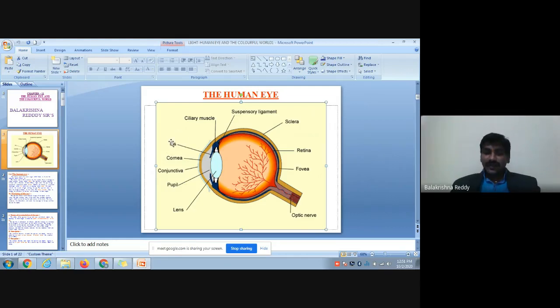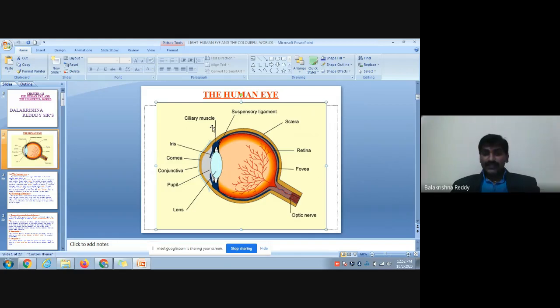Iris has a unique nature. Every human being has a unique iris, which means iris varies from human to human. That's why the iris is also taken when we are making things like Aadhaar cards, or when we are talking about human identification. Iris is most important. There is a chance that very few fingerprints may be the same, but iris cannot be. So that's why while taking identification, we prefer the photograph of the iris.